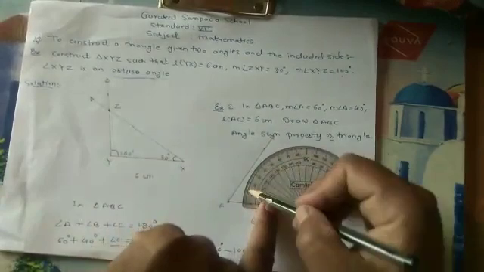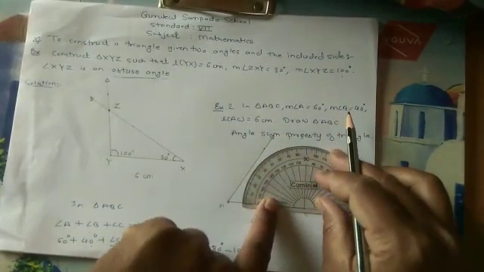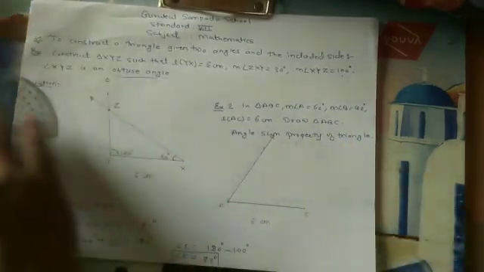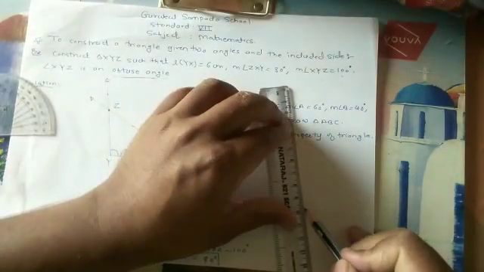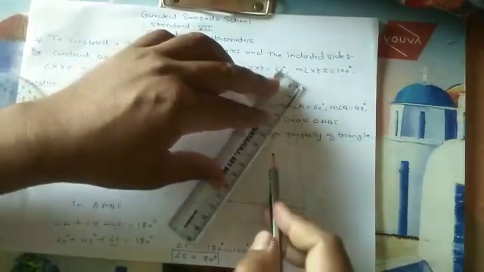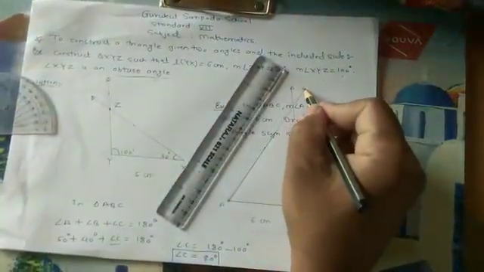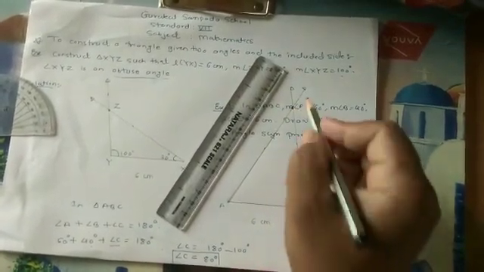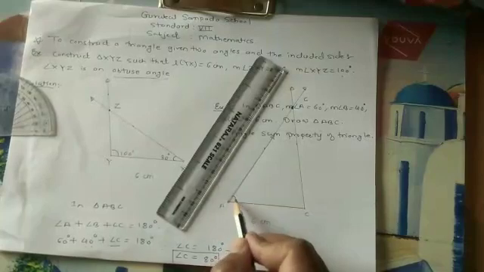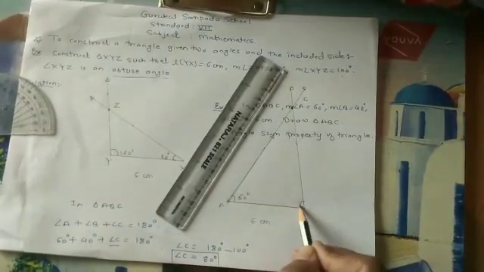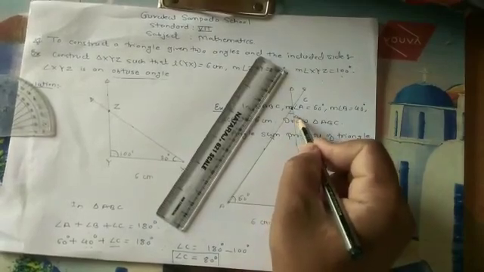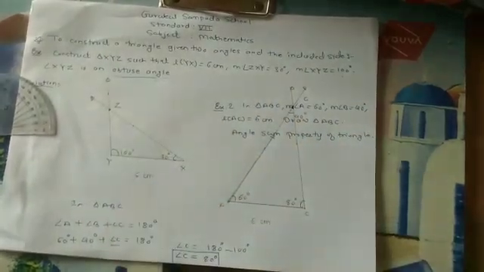So again we put the protractor at point C. Okay, measure an angle of how much? 80 degree here. Okay, so draw a line. Sorry, it goes somewhere here. Okay, now if you observe, these two lines will intersect at this position. Okay, and here is the point B. So angle A is 60 degree, angle C is 80 degree, and here it is angle B, which is 40 degree.